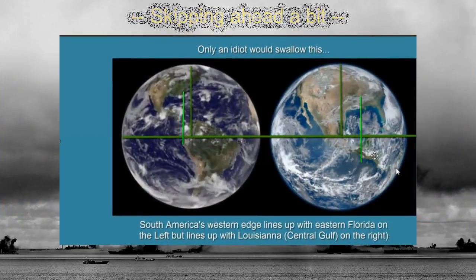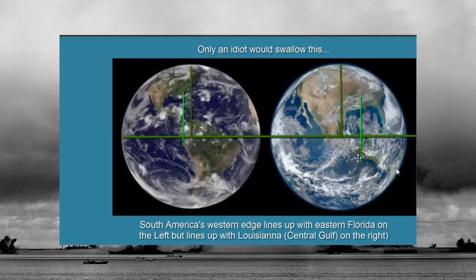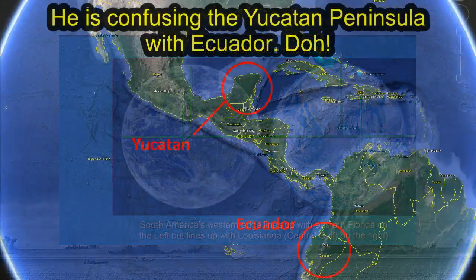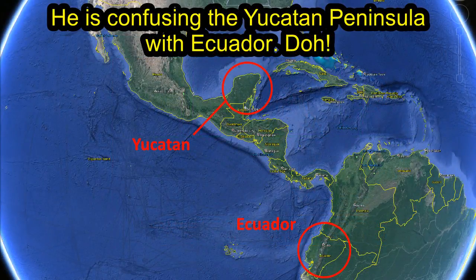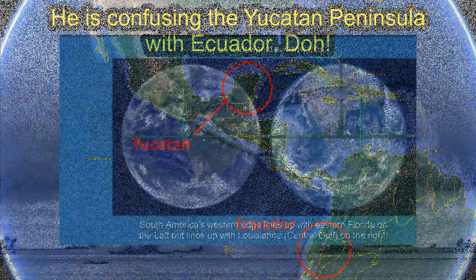That does not explain why the western part of South America is between Louisiana and Texas in this picture on the right, and in this picture on the left, the very extreme part. I see over here, I didn't even go to the very extreme part of South America. I cut off a little portion of it to even go along with the facade. Here I use the extreme western edge of South America. And it lines up, and